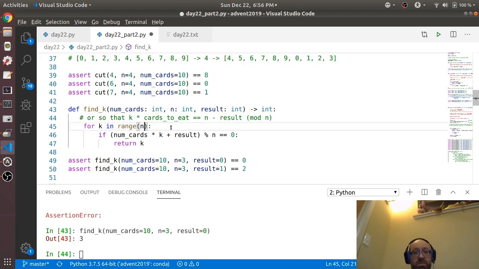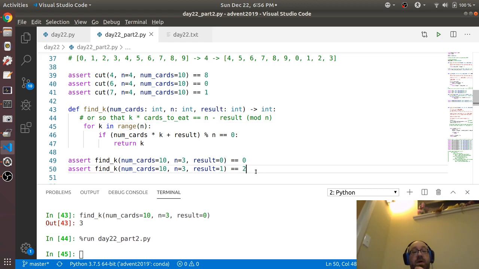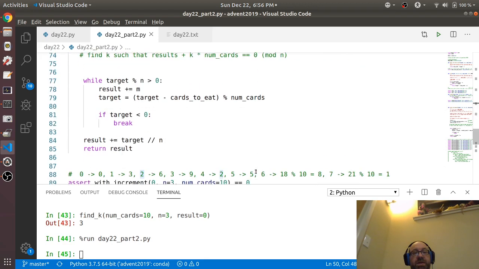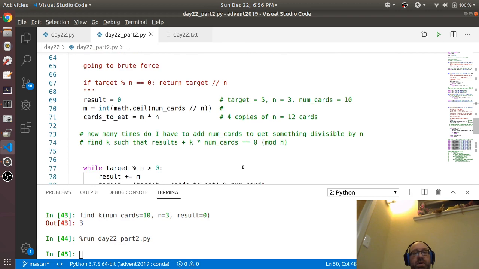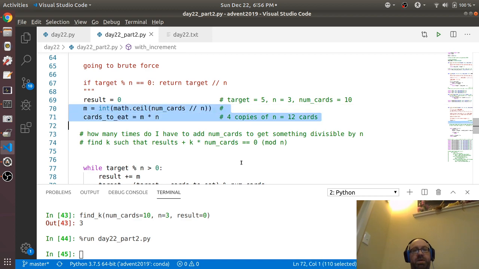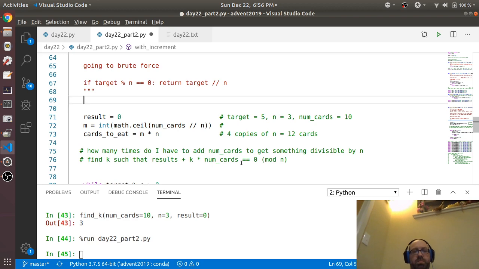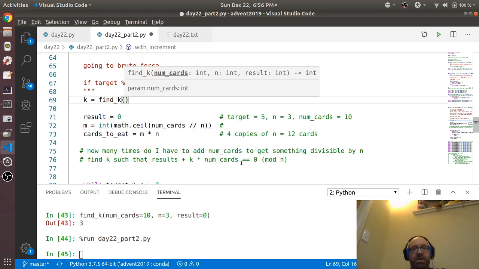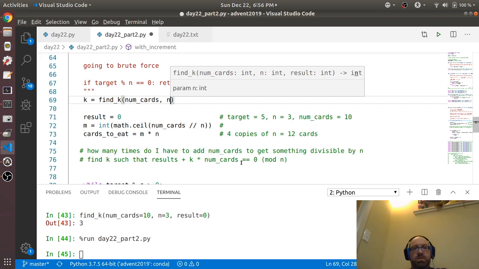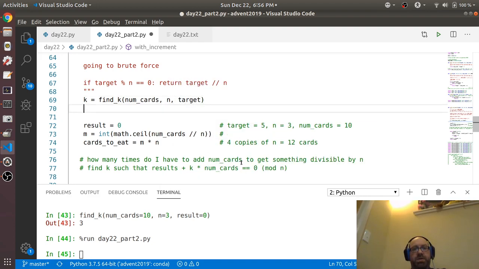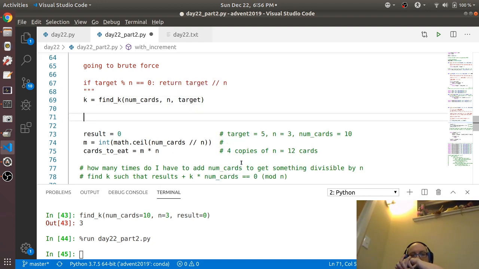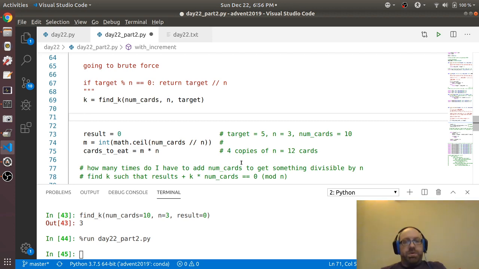Oh, whoops. Let me do this. That's better. Okay. And so, okay, good. So now I have this find k. So instead what I'm going to do, I don't need this cards. I don't need any of this. And so k equals find k of num cards, n, targets. And so I need to go